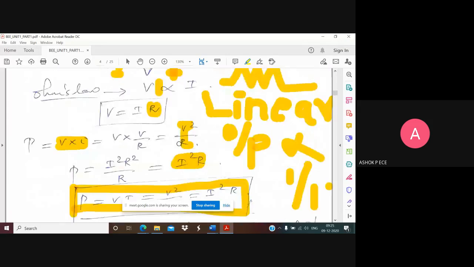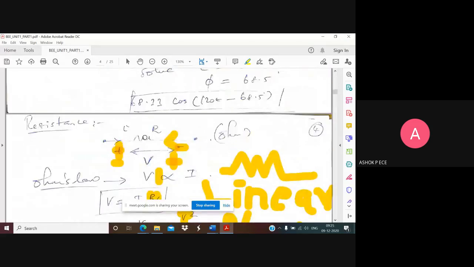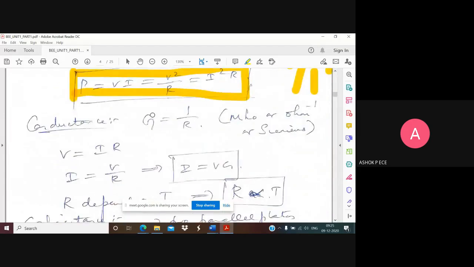Okay. The resistance usually we connect it in series. So the dual of resistance is going to be conductance. It is denoted by G, and the value is given by 1 by R. So whenever you go for parallel circuits having more number of parallel components, we'll be finding G, because finding G is simple. G is called conductance, and conductance is the reciprocal of resistance, 1 by R.